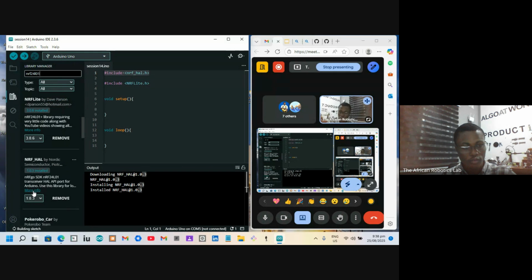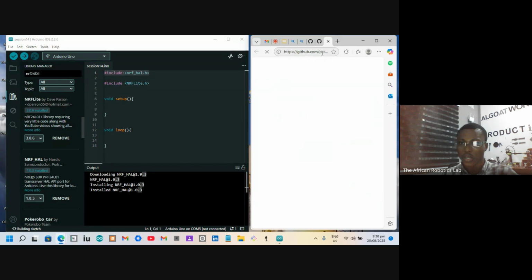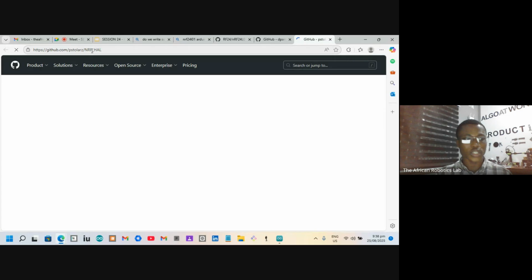So you can click on more information. Right after you click on more information, it's just going to open a tab on our browser, and yeah, GitHub has opened. So now